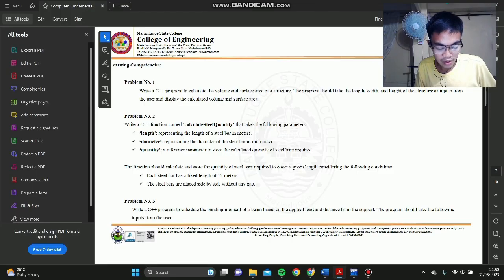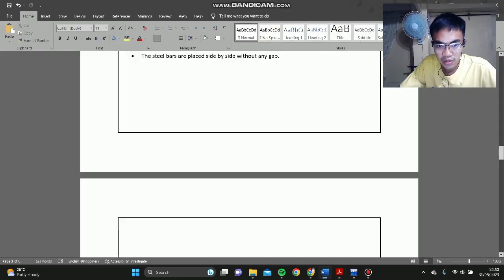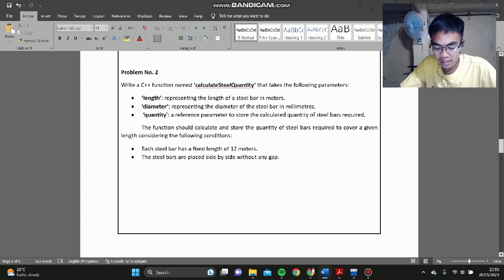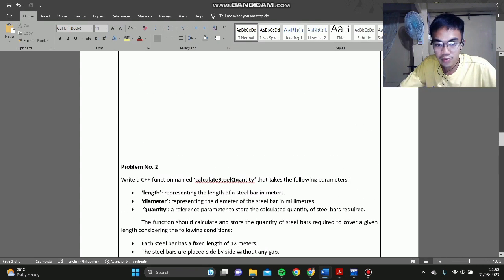So, we have here on the first problem, write a C++ program to calculate the volume and surface area of a structure. The program should take the length, width, and height of the structure as inputs from the user and display the calculated volume and surface area. So, for us to have an overview with the overall steps or sequence of the program,